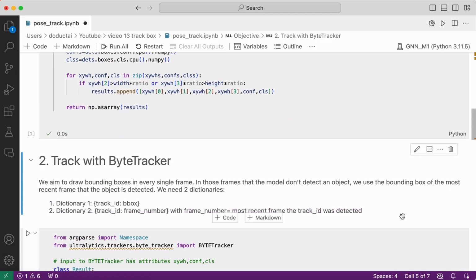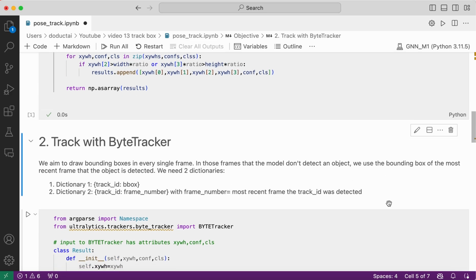So the problems arise in those frames where the model doesn't detect an object. In those frames, what I would like to do is use the bounding box of the most recent frame in which the object was detected. So in order to recall the bounding box of the most recent frame that the object is detected, I would